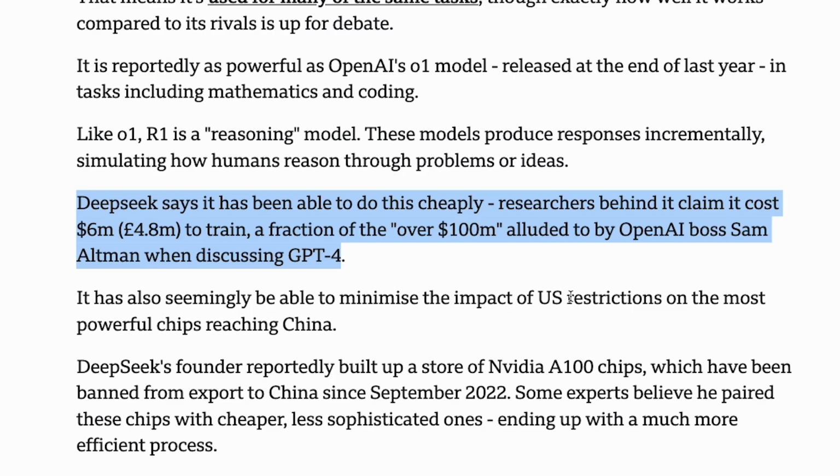So the GPUs, essentially the graphics cards, if you will, that they use are much cheaper to get. We have it in the article here: it's like 6 million versus over 100 million. Quite a bit smaller. They use A100s and H800s, and I think the new H100s are the expensive NVIDIA ones that are used at OpenAI and all these American AI companies.